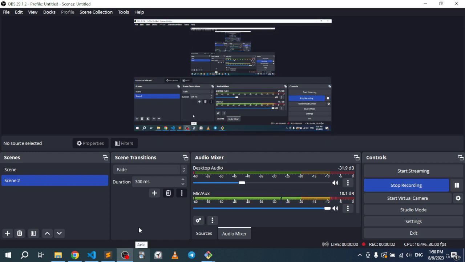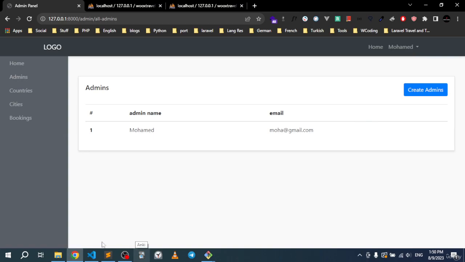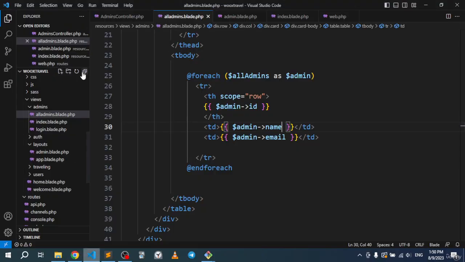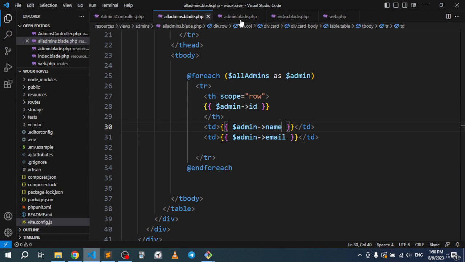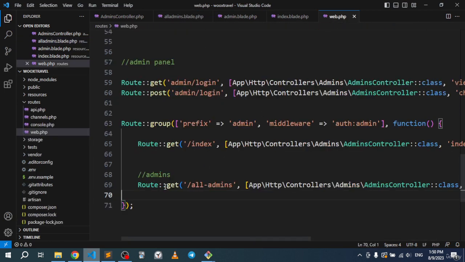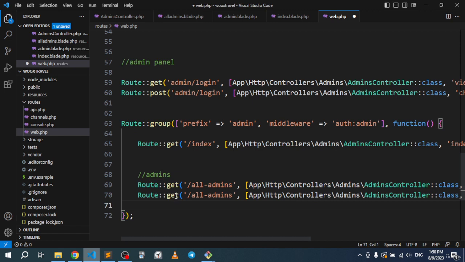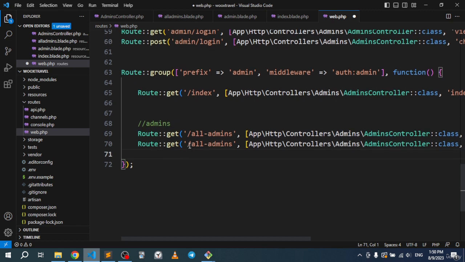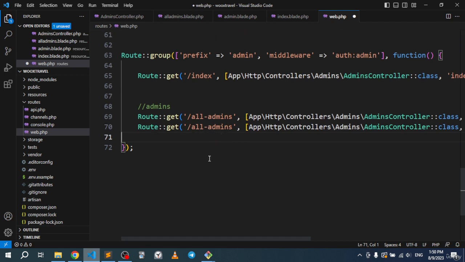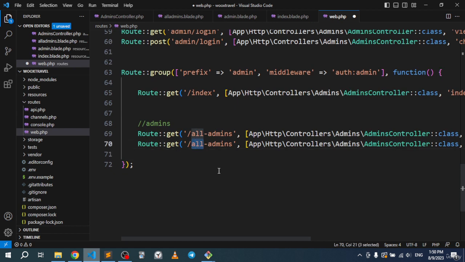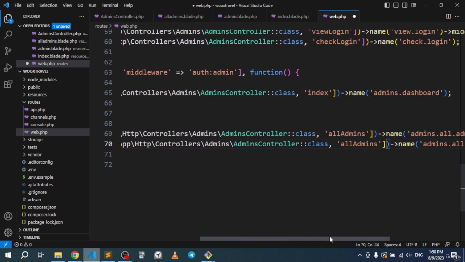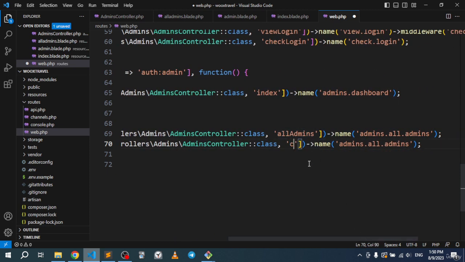All right, so let's go ahead and take care of creating new admins right here. Like always, we need to go to the routes, and let's copy this and paste. The first thing that we're going to be doing is simply displaying the form. So this will be create-admins like that, and right here I'm just going to go create admins like that. The name for this here will be admins.create,